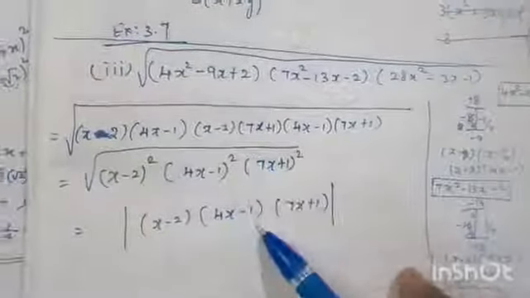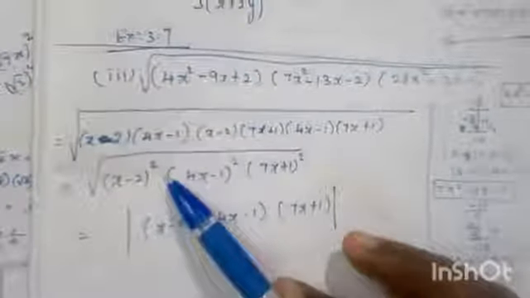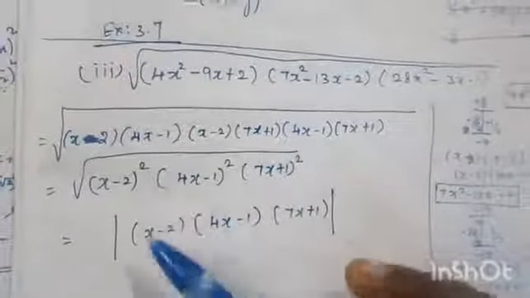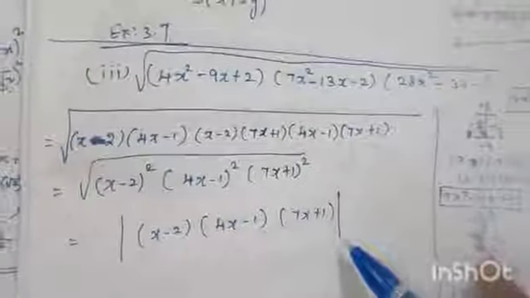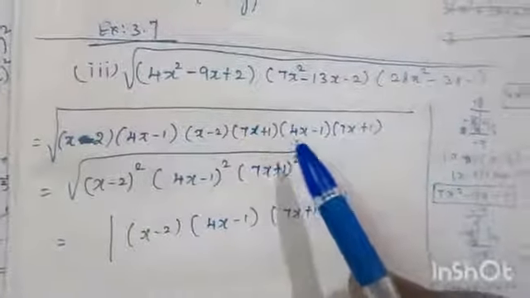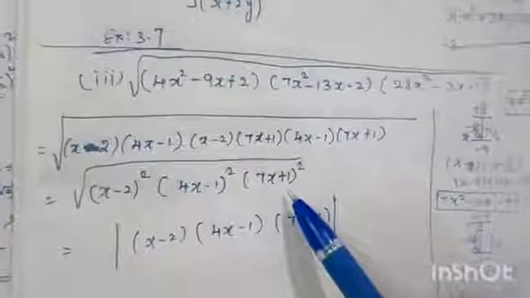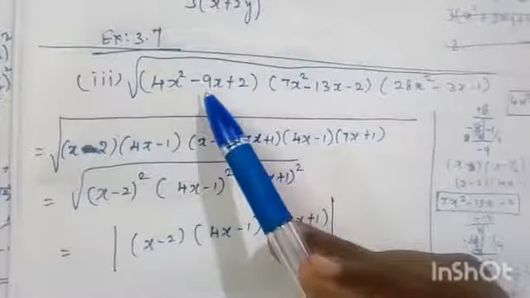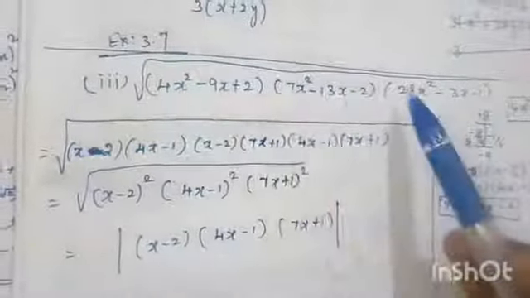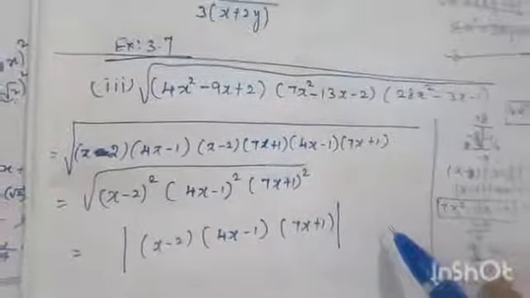Have you understood this step? When we are taking square root, for the square number, square and square root become cancelled. That you know well. So we have to write it as an absolute value. We have the same method problem in the example, so you have to follow this method. In the book they are given separately finding for this, this, then it looks like a big problem. You have to follow this method for the example problem.